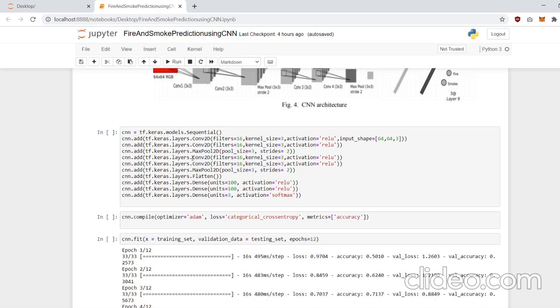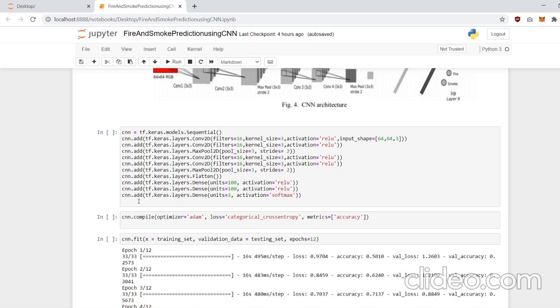And then we repeat it one more time, which is a Conv2D layer, again a Conv2D layer, and then a MaxPool2D layer. Then we use a flatten layer to reduce overfitting if present. Then we use dense fully connected layers with the activation function ReLU. So basically this fully connected layer connects all the neurons of that particular layer to the next layer.